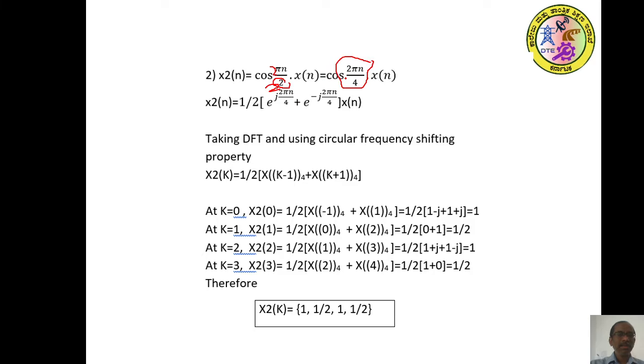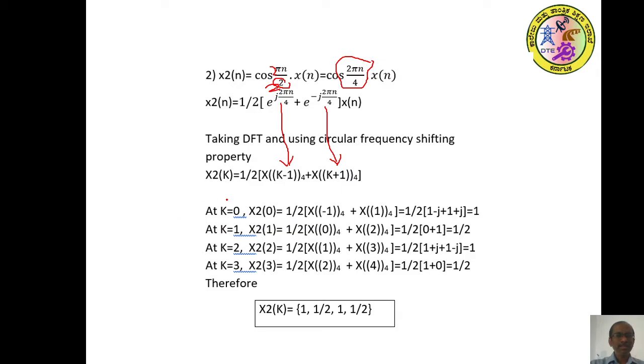Now cos theta, you know that cos theta is difficult. Using Euler's identity, it can be written as e power j theta plus e power minus j theta by 2. Now split this problem into two problems, x of n into e power j theta, x of n into e power minus j theta. Again same property, circular frequency shift. This fellow will have a DFT x of k minus 1, and this fellow will have a DFT x of k plus 1. That is multiplication by an exponential in time domain becomes shifting in frequency domain.